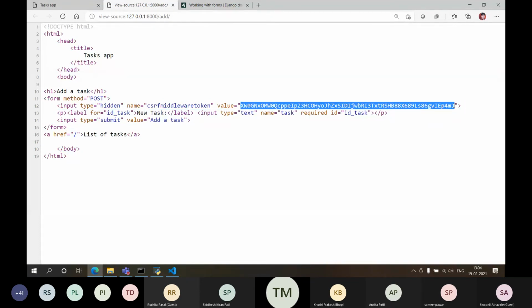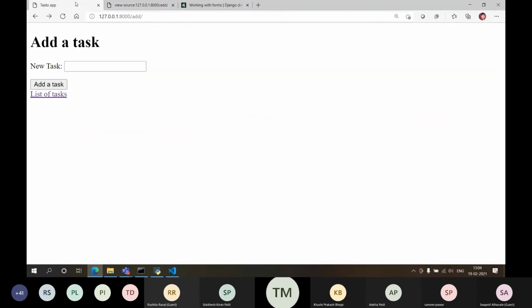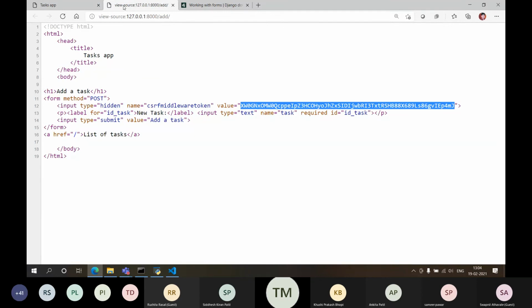So now when I submit some information, my server will recognize, okay, the information is submitted. It has some data maintained with respect to this particular token, right? So it will check whether the data was submitted by the one who is authorized to submit it, meaning it will check whether this token value matches or not. And accordingly, if a third person is again accessing the same page, when the server gives the page to him, the value of the CSRF token will be different. For me it is different.